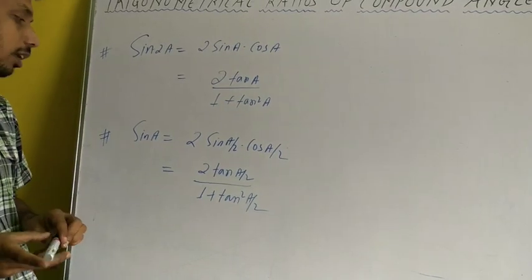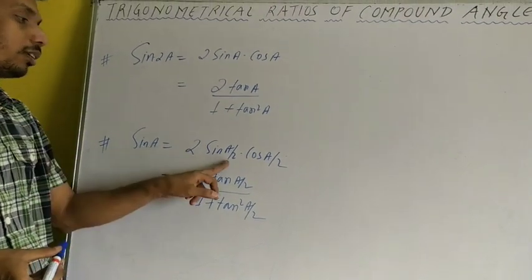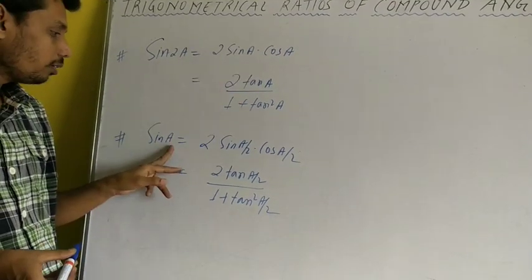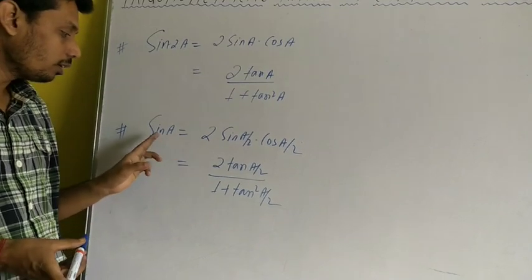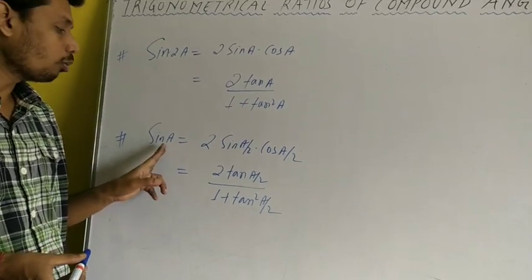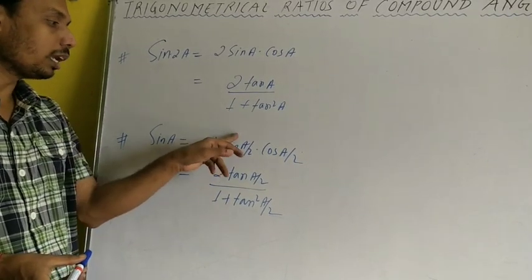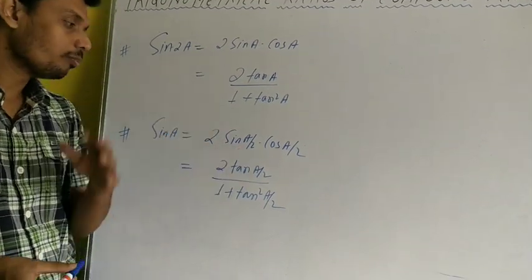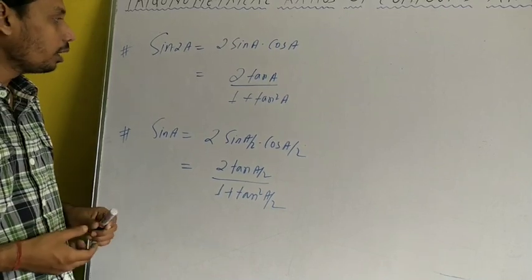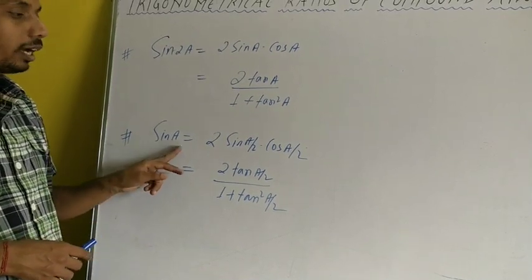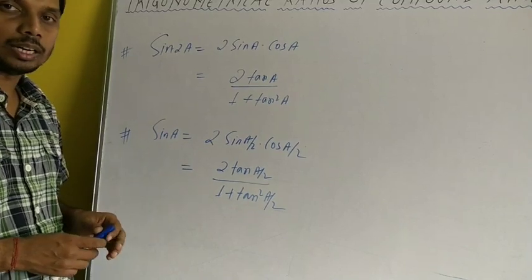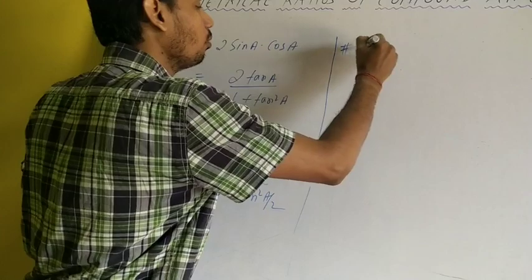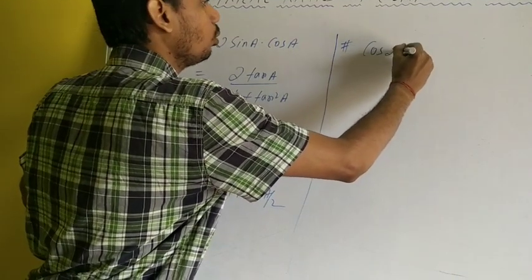Now what is the concept here? Whatever theta is there, we have to take just half of that. See, 2a is here, so here it becomes a. A is here, so it becomes a by 2. Suppose that sine a by 2 is there, so the value of sine a by 2 will be equals to 2 sine a by 4 into cos a by 4. Just half of this angle we will take. So this is how we express the value of sine theta in terms of sine cos and in terms of tan. Now next to it, here is the value of cos 2a.